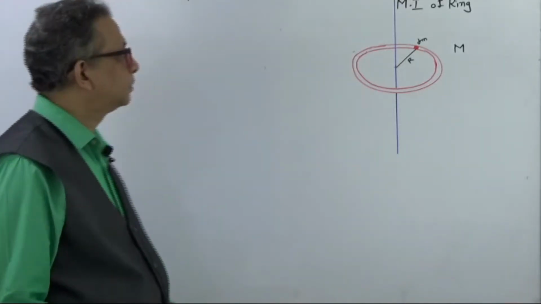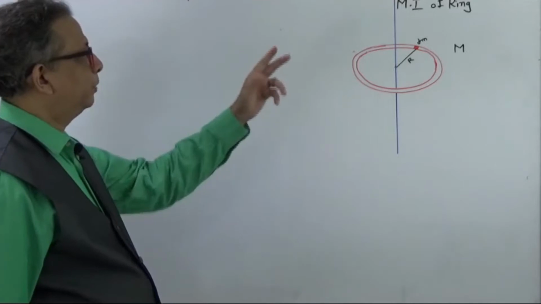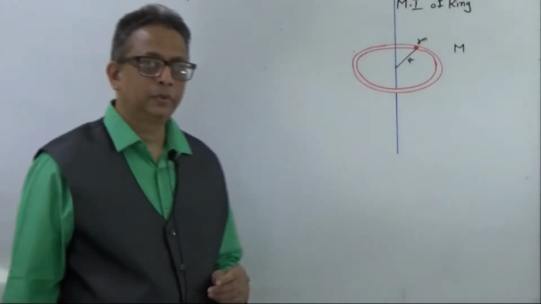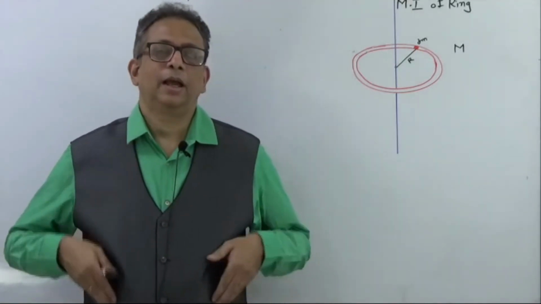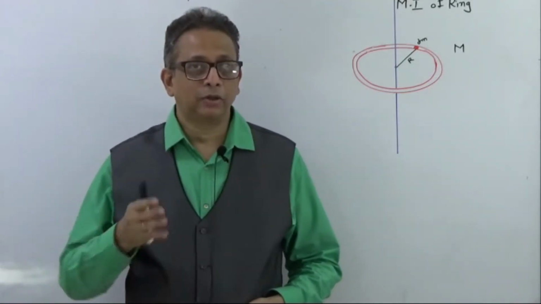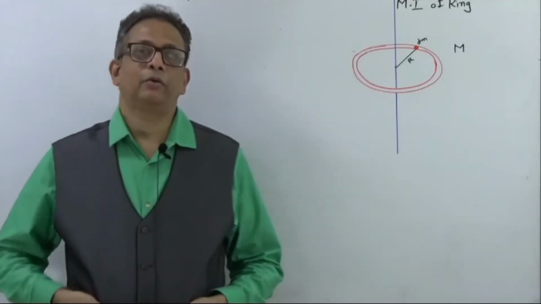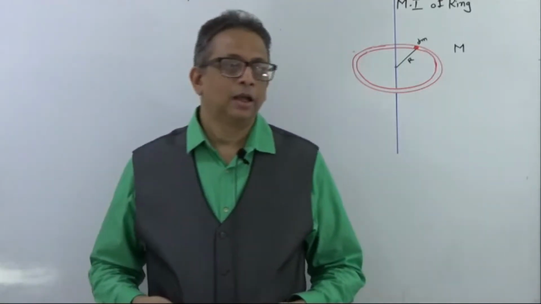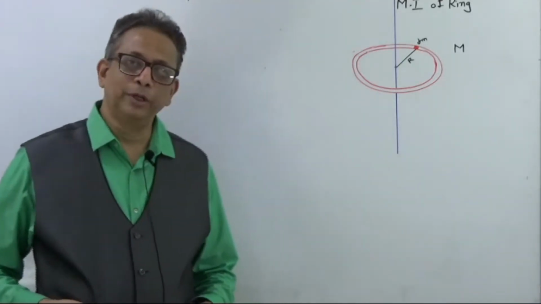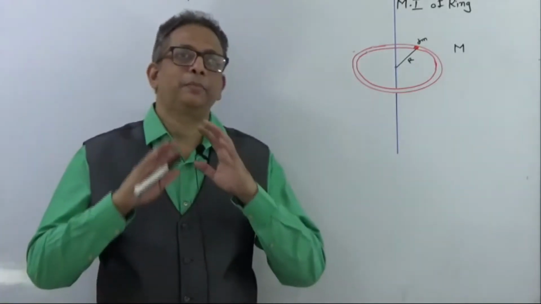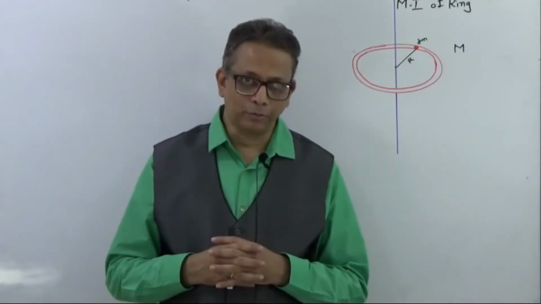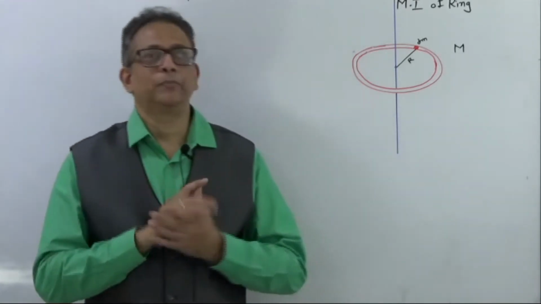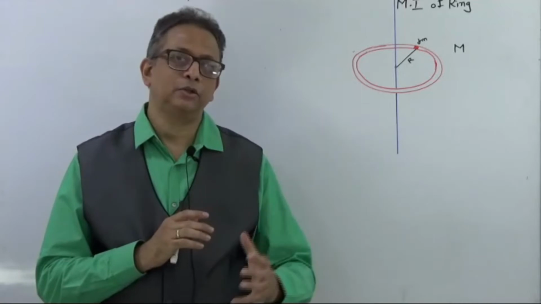So here we are going to find out the moment of inertia of a ring. Slowly we are going to introduce different objects and different axes for the same object, and we are going to find the moments of inertia. Unless we are able to find the moments of inertia of various typical objects, like for your syllabus, you have typical shaped objects, solid as well as hollow, and those MIs you have to learn.